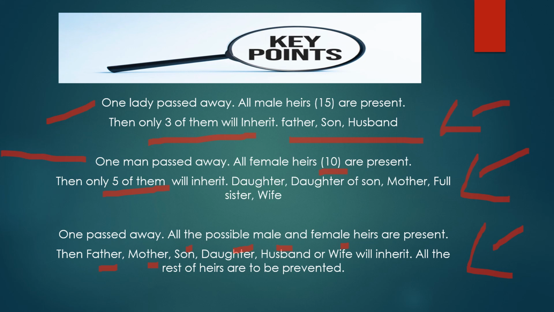So in this presentation, we have discussed two types of heirs: heirs of fixed shares and heirs of the remaining property. Out of 24 heirs, there are heirs who are only heirs of fixed share. There are certain heirs who are only heirs of the residuary, the remaining wealth, and there are certain heirs who combine each other.